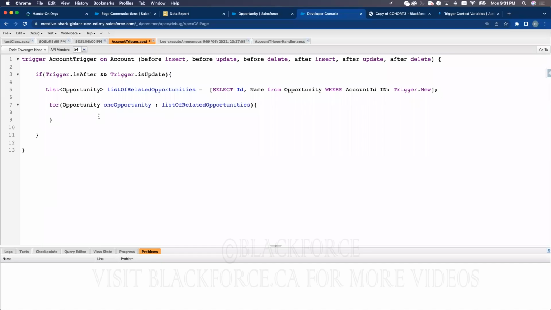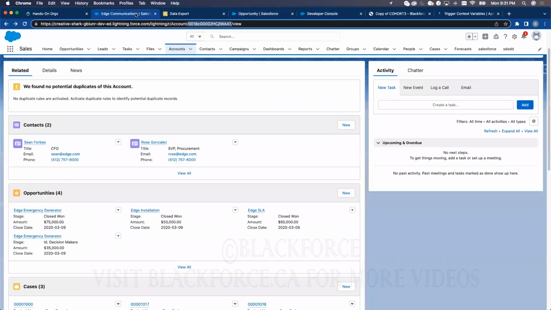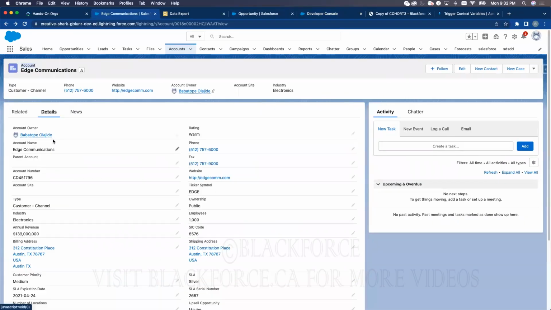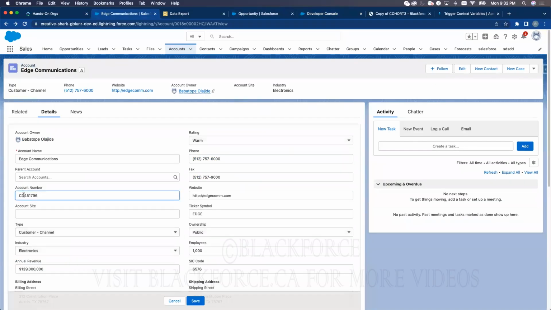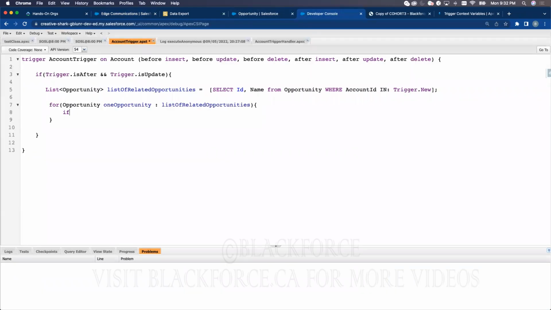Okay, so I'm checking for one opportunity in the list of related opportunities. I want to change the name. This is going to change all the names, but I don't want to change all the names. I want to find a condition. So let's create a condition in this and look for that condition. Okay, account number is a good candidate. Then I'll say if the opportunity, which is this one opportunity, dot